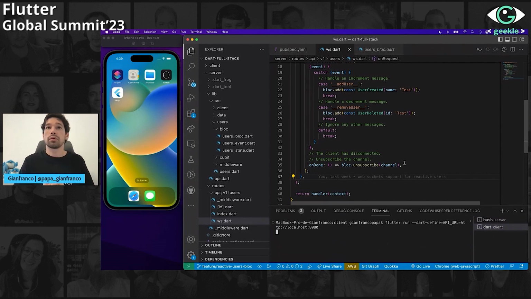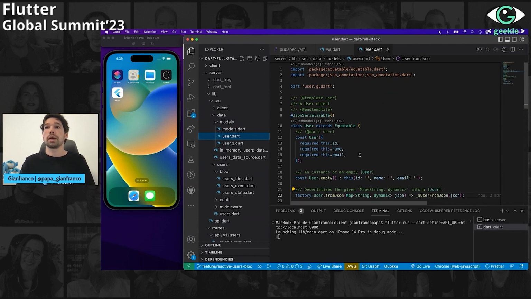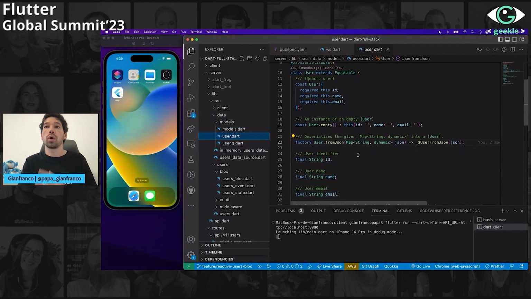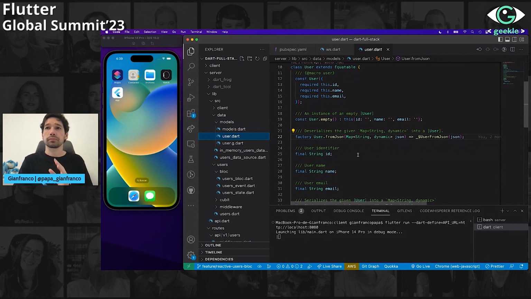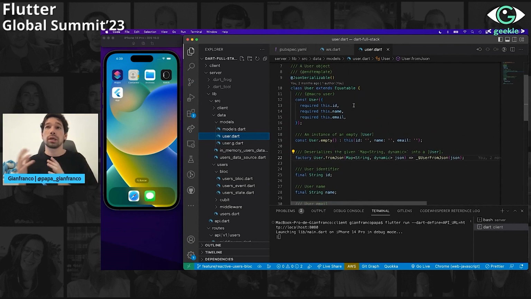Basically, the cool thing about this, while we try to run it, is that we are using the models only in the server, and we have to define only one single file in the server, and we can use these models in the front end, right? So whenever someone changes the model, in this case a user, imagine if we add another property, we don't have to do the changes in both projects, in the front end and the back end.